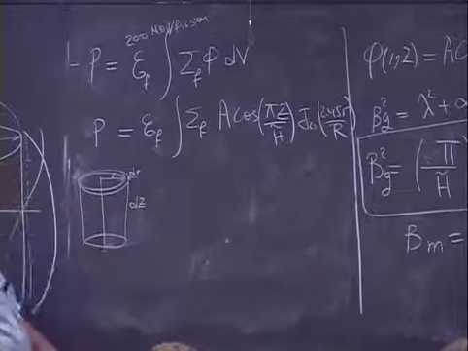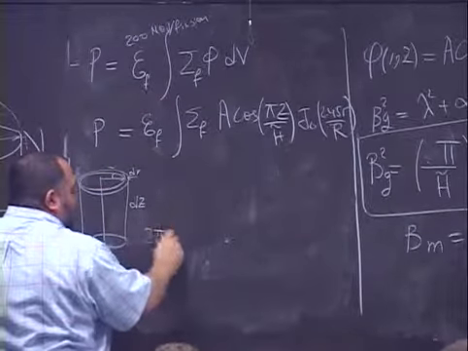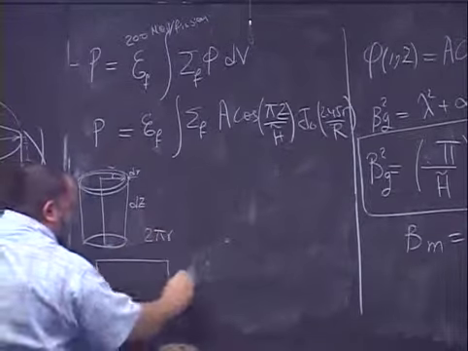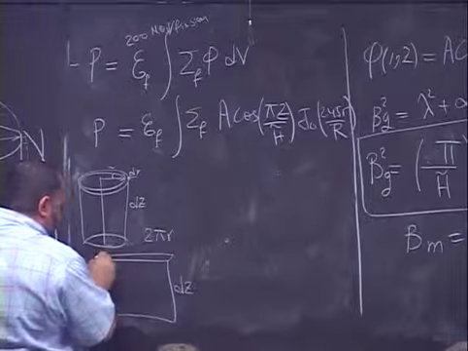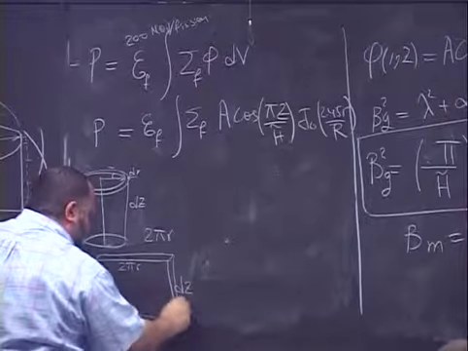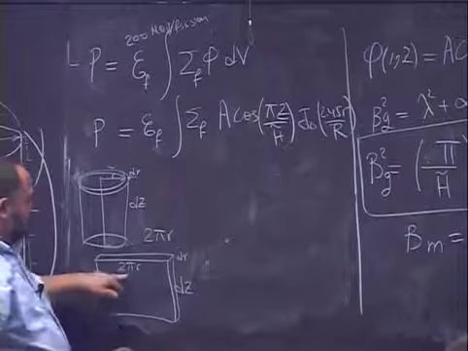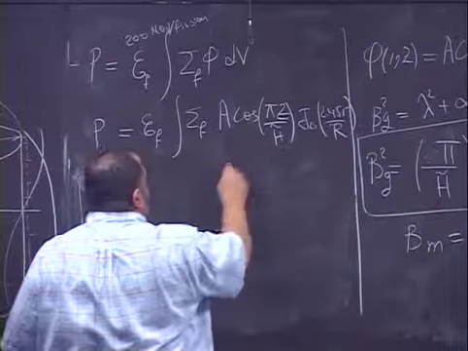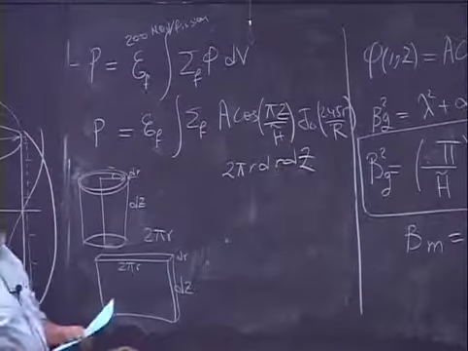Cut this into a sheet. So the circumference will be what? 2 pi r of this circle, yes? So when you cut this into a sheet, you will have a sheet like this. The height of the sheet is what? dz. And this length is the circumference, so this is 2 pi r. Yes? And this thickness is dr. So 2 pi r multiplied by dr multiplied by dz will give you the volume. So I have to multiply it by 2 pi r dr dz to get the volume of the